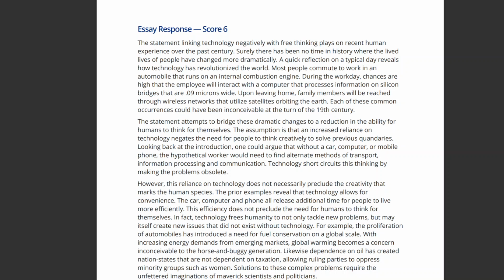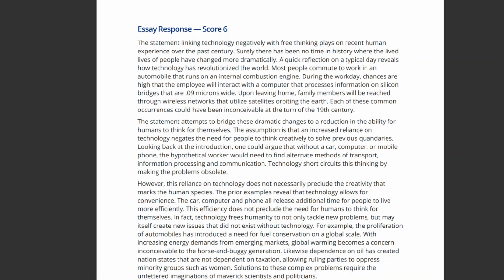However, this reliance on technology does not necessarily preclude the creativity that marks the human species. The prior examples reveal that technology allows for convenience. The car, computer, and phone all release additional time for people to live more efficiently. This efficiency does not preclude the need for humans to think for themselves. In fact, technology frees humanity to not only tackle new problems, but may itself create new issues that did not